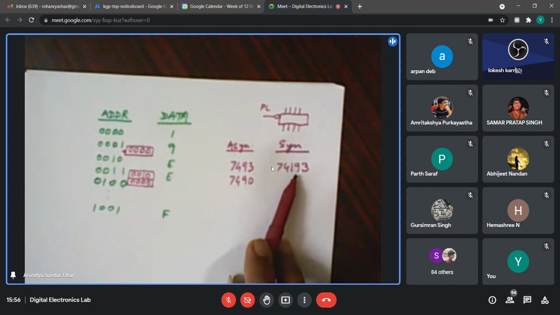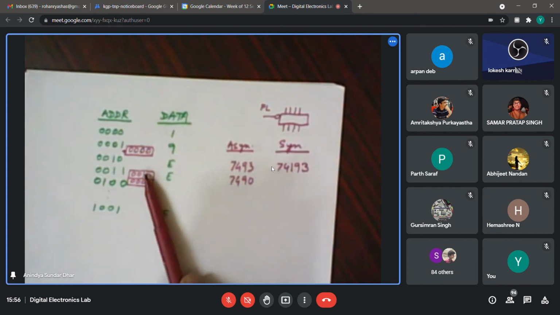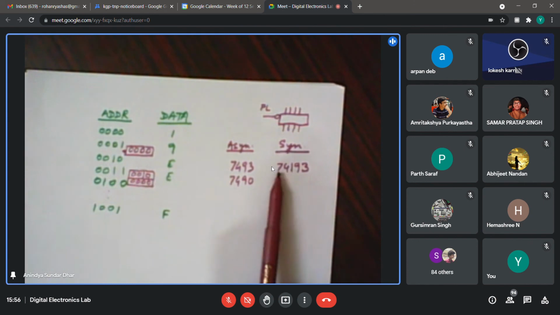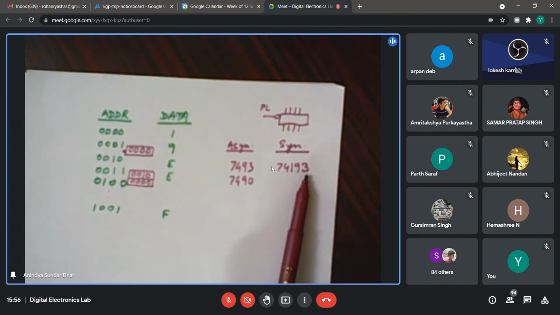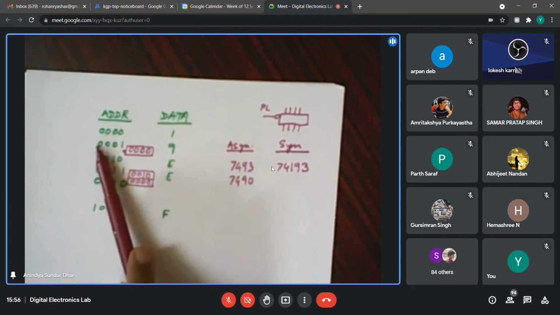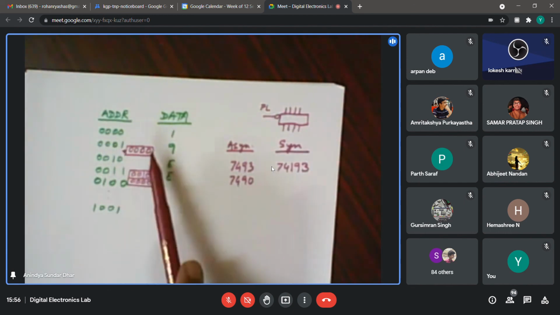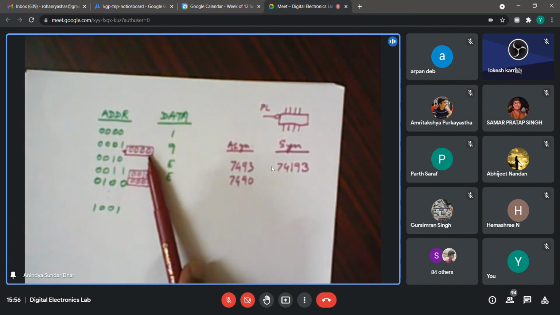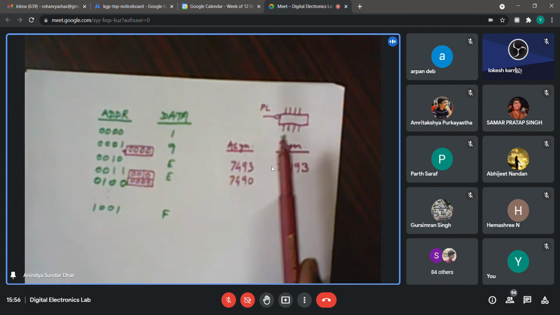The only thing is that it is synchronous, so all the bits change simultaneously. Spurious states are not there. But once again, that is in ideal conditions, in simulators. Physically, there might still be spurious states because the wire lengths might be different. All 4 wire lengths might not be the same on your breadboard. Longer wires take longer time compared to the others because there will be more delay due to RC delay typically.